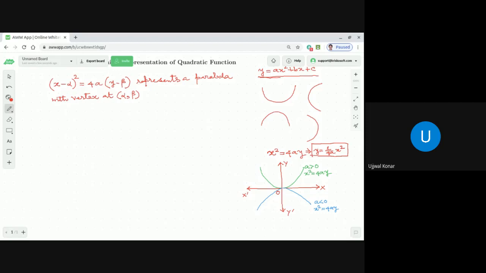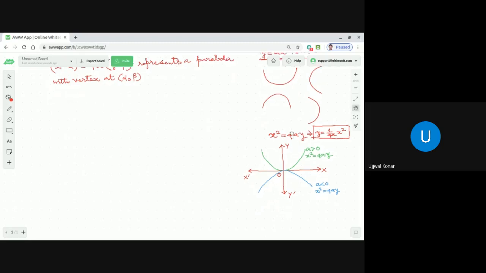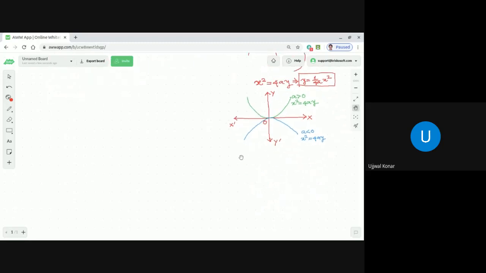In a similar manner, we can have a curve for y square equal to 4ax, though it is not very important for our discussion because we need to confine ourselves to x minus alpha whole square equal to 4a into y minus beta whole square. So now, just for the sake of completeness, if I draw the curve for y square equal to 4ax, it will be something like this. This curve is y square equal to 4ax, where a is greater than 0.